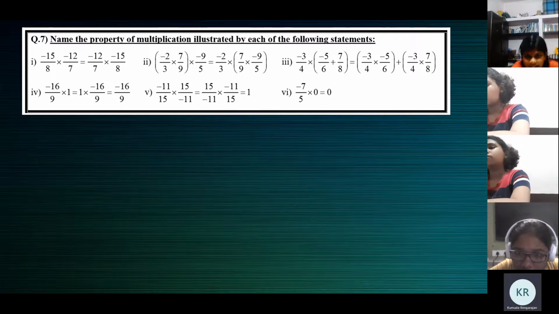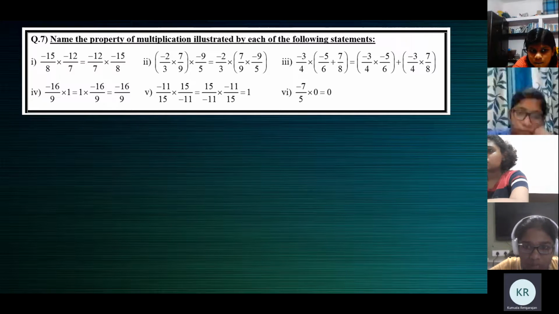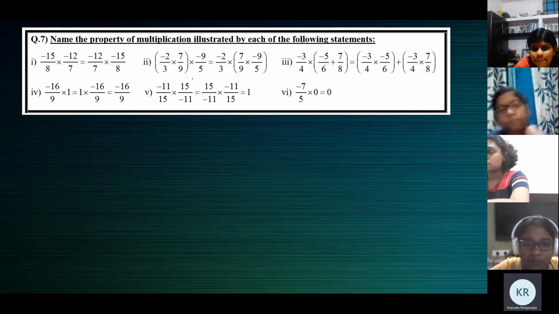We have only two things, identity or inverse. Yes, ma'am. Identity, yeah? Yes, ma'am. No. Fourth one is identity. Fifth one is inverse. Multiplicative inverse, ma'am. Yes, multiplicative inverse